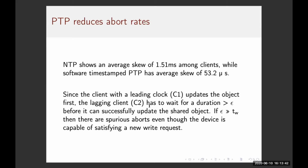They run the experiments for 15 minutes, also enabling the NTP to stabilize. But PTP has an average skew of 53 microseconds, and that's awesome. I guess these are in the same LAN, belonging to the same routers, and PTP works well in a cluster, because the big thing with time synchronization protocols is the non-deterministic delays that come from routers. But with PTP, since the servers are inside the same local area network, you can reduce them a lot